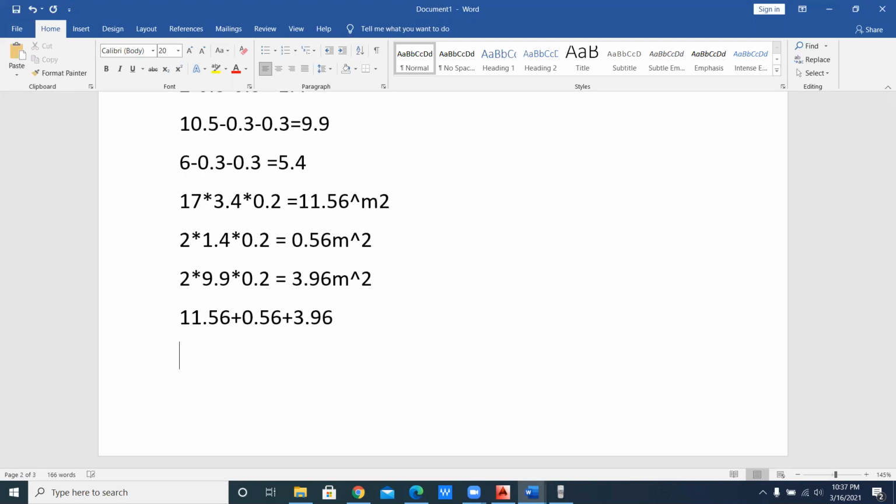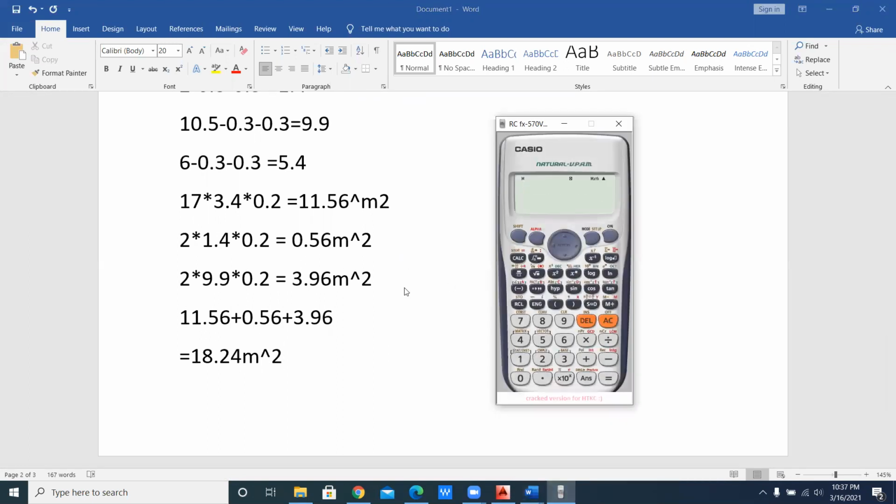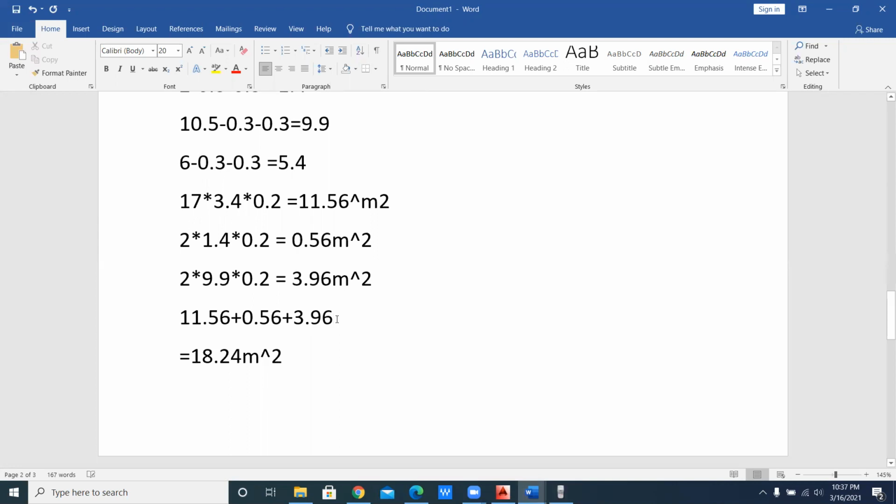So how much do you normally get here? That is 18.24 meters square. If you don't believe that, then you can calculate here 11.56 plus 0.56 plus 3.96 plus 3.96. Okay, this one, that is 16. Oops, sorry, that is